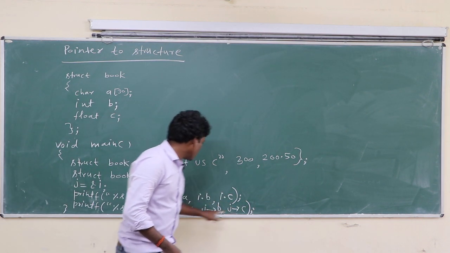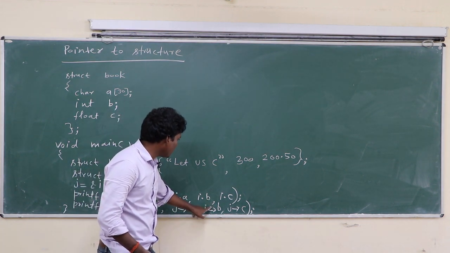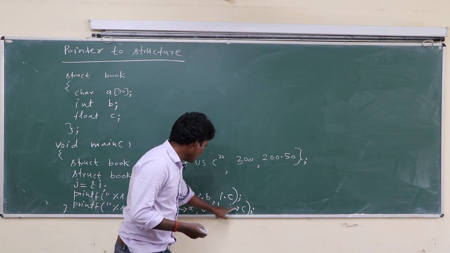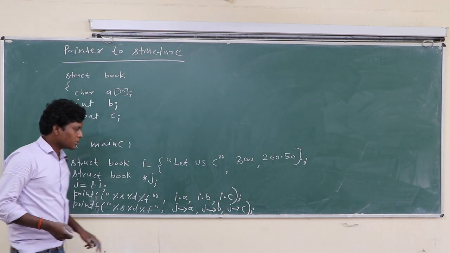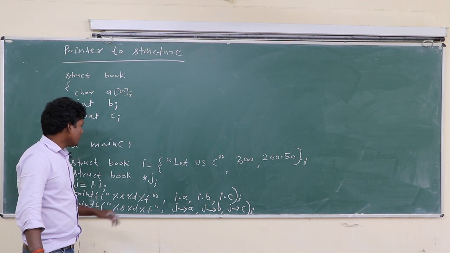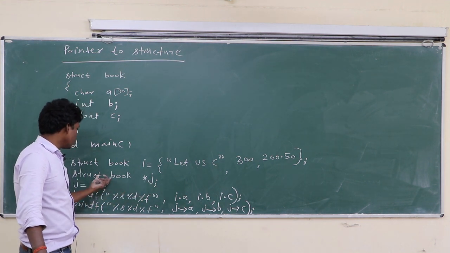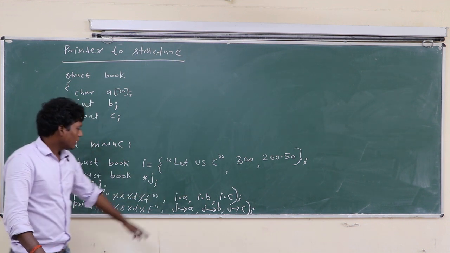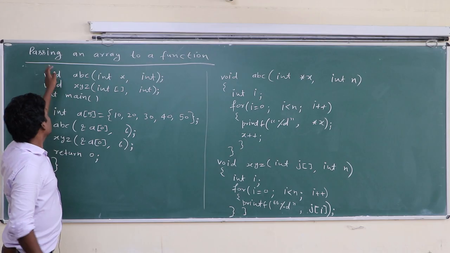Here let us see what will be printed. Here 300 will be printed, which is pages of book. Here 250 will be printed here. Okay class, so in this program we implement the concept of pointer to structure, and in this way we print. I is a normal variable and J is a pointer to structure variable.